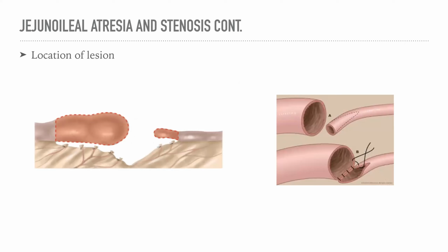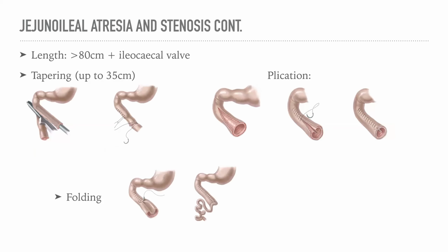Then one can do end to oblique anastomosis of those in order to gain diameter on your distal portion. You can also taper those portions so that your calibration between the proximal and distal portions are more or less even. When looking at the length, this is measured on the antemesenteric border, and a length of more than 80